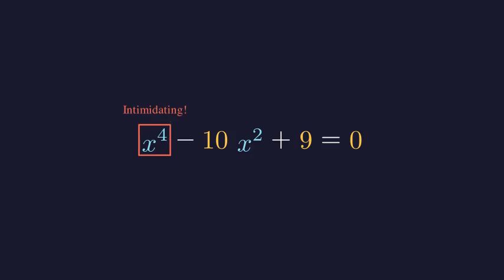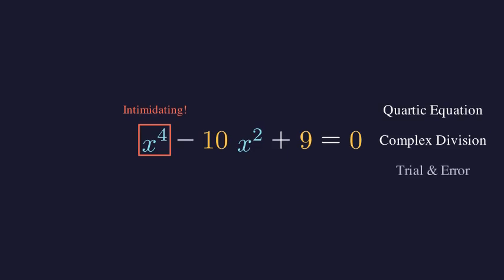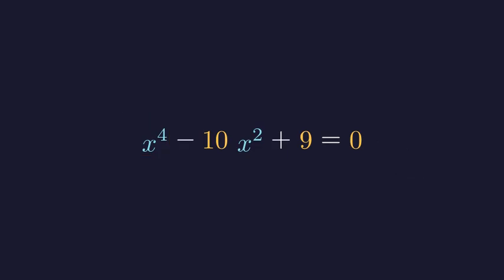At first glance, the equation x to the power of 4 minus 10 times x to the power of 2 plus 9 equals 0 looks intimidating because of that high exponent. Solving a fourth-degree polynomial, also known as a quartic equation, usually involves complex division or finding rational roots by trial and error. However, if you look closely at the structure of this specific problem, you will notice a very helpful